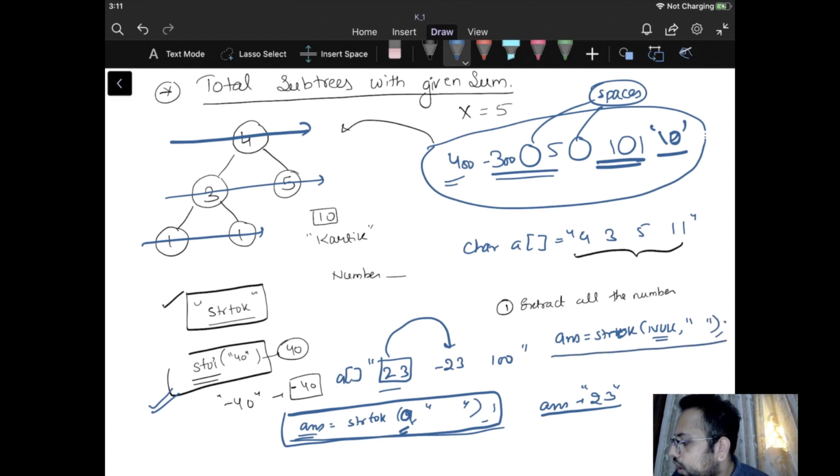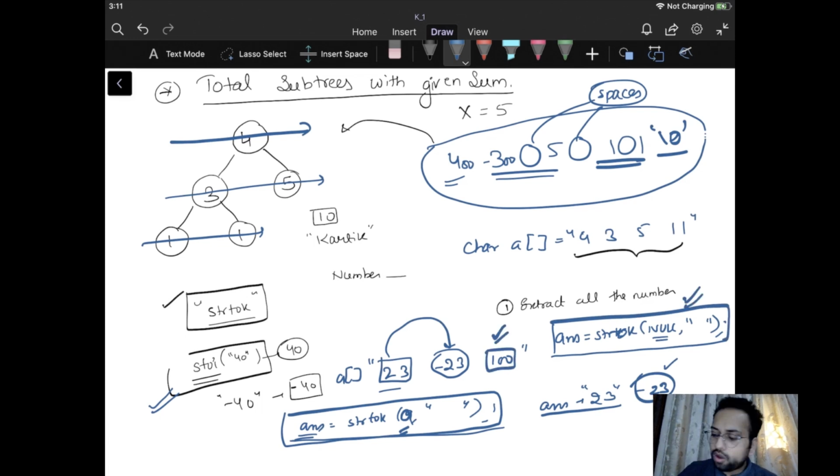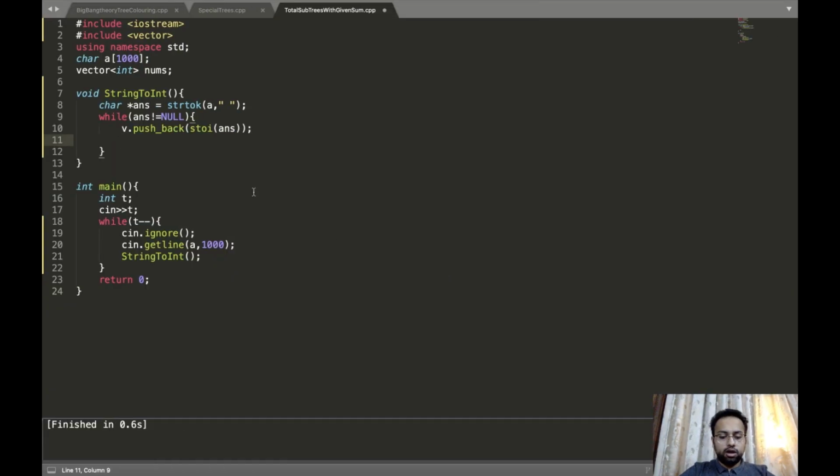So this is now going to fetch the next number, which is -23, which is separated by spaces. So I'll get in the answer the next thing as -23. Again I'll convert it. Then if I run this particular line again, I'll get 100. So this is how the string tokenizer function works. You can read about it more if you like. For now we are not going into the detail of the implementation of this function, but this is how it works, right? So I'll write strtok and I'll again pass null and I'll pass the delimiters. The delimiter is equal to space.